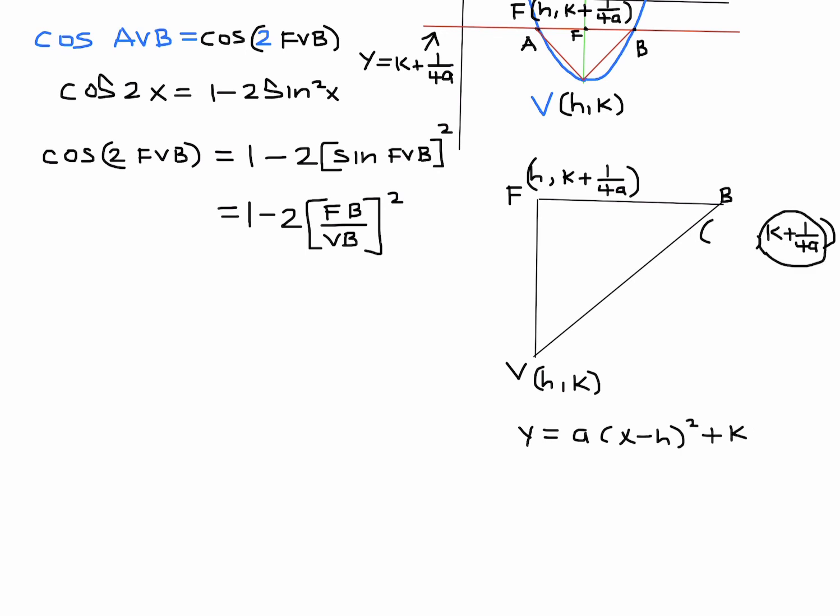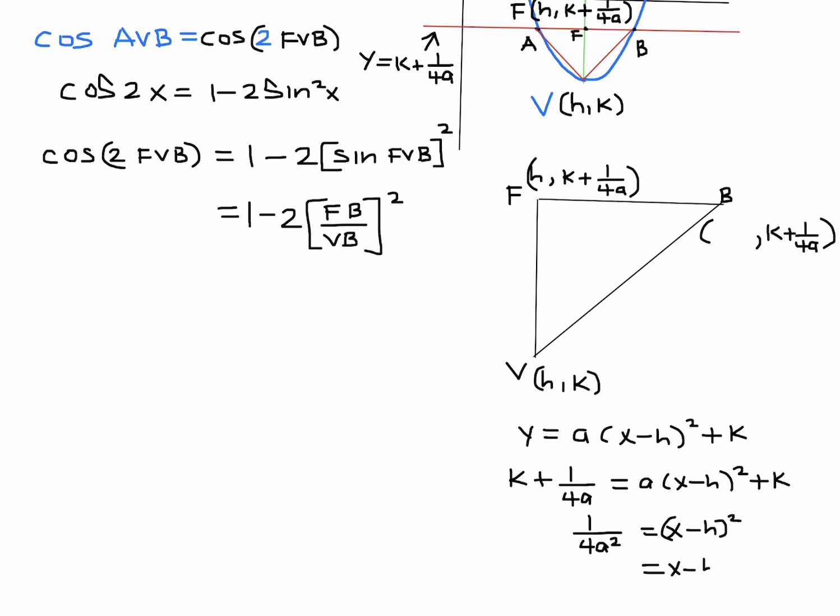So if I substitute in this for y, I'll be able to get my x. So k plus 1 over 4a is equal to a times (x minus h) squared plus k. The k's cancel. Bring the a down, you get 1 over 4a squared is equal to (x minus h) squared. And you take the square root of both sides and you get 1 over 2a. And therefore x, if you were to just isolate for x, is equal to 1 over 2a